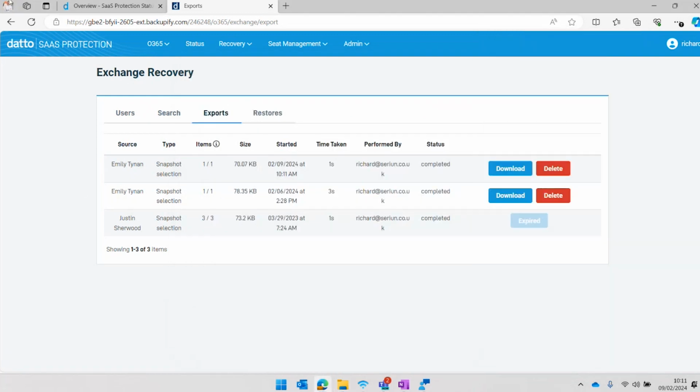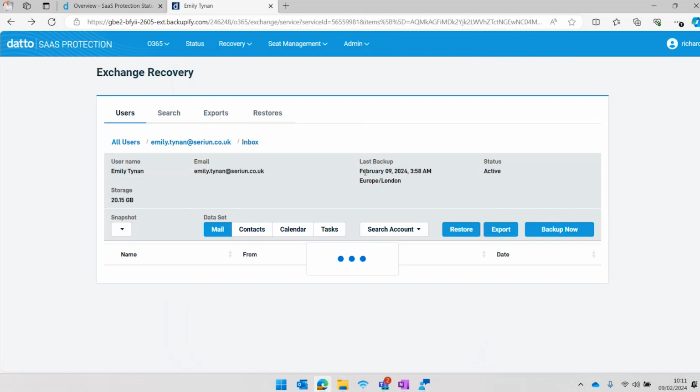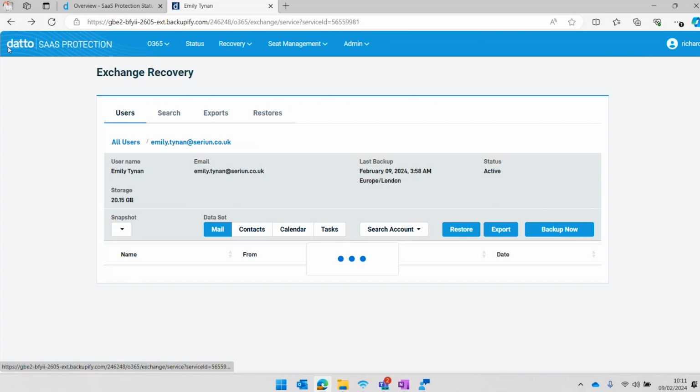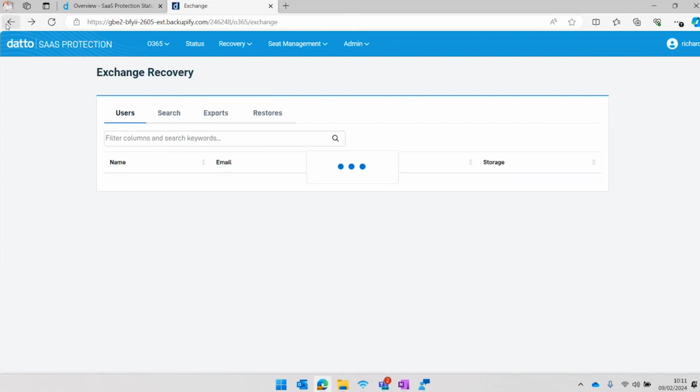So it's just quite a flexible solution, and also from a compliance standpoint, it keeps that data available for your user. You can also search within here as well for a specific mail if you want to find it. And yeah, that's the product. Again, if I just go back,